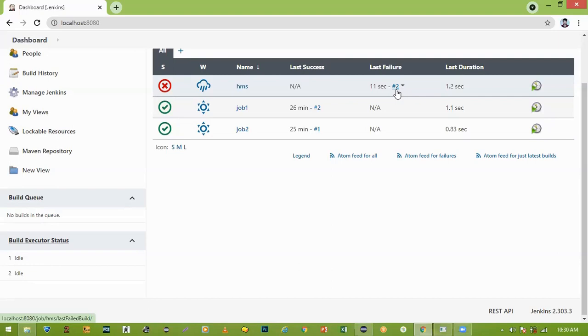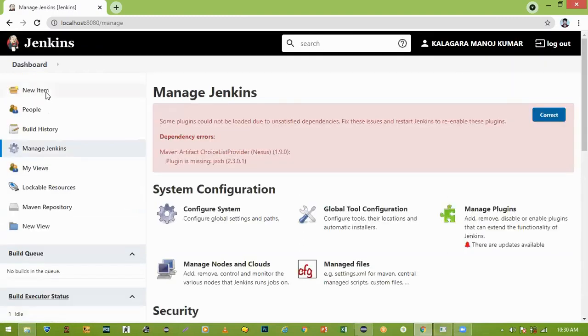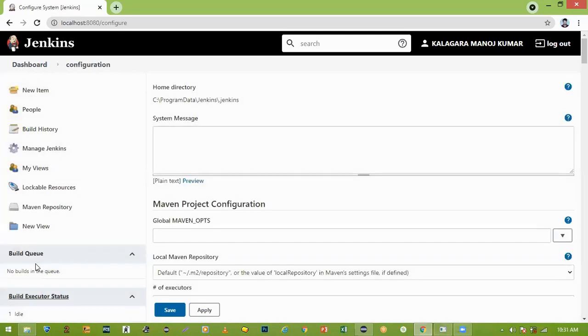It will execute. Sir, here 3 are there, I want to run 3 at a time. But there are only 2 build executors. How to increase the build executors? That is also possible. See, go to Manage Jenkins. Configure System. Because the 10 builds are there, I want to run 10 builds at a time. But here only 2 are there. Once 2 are executing, 8 are in the build queue. No, sir, I want to increase the size. That is also possible.